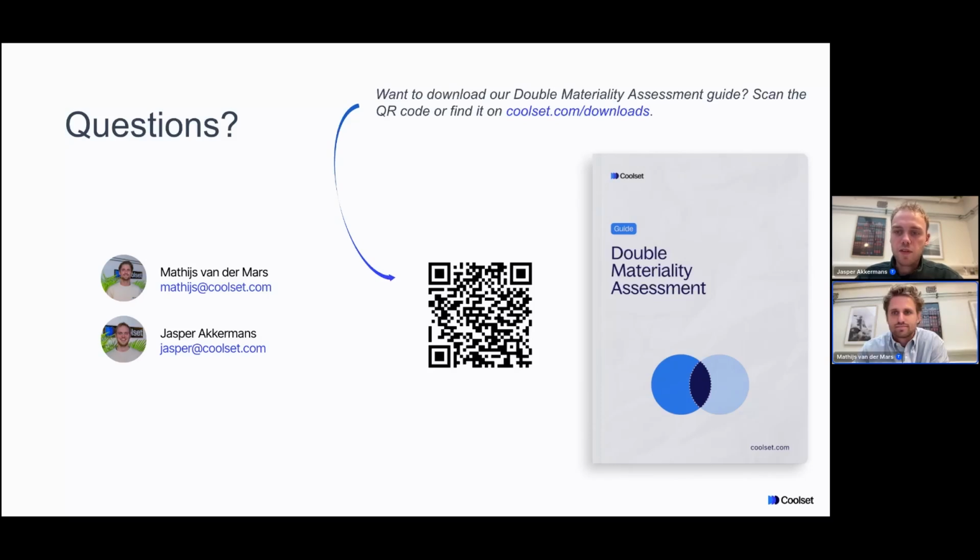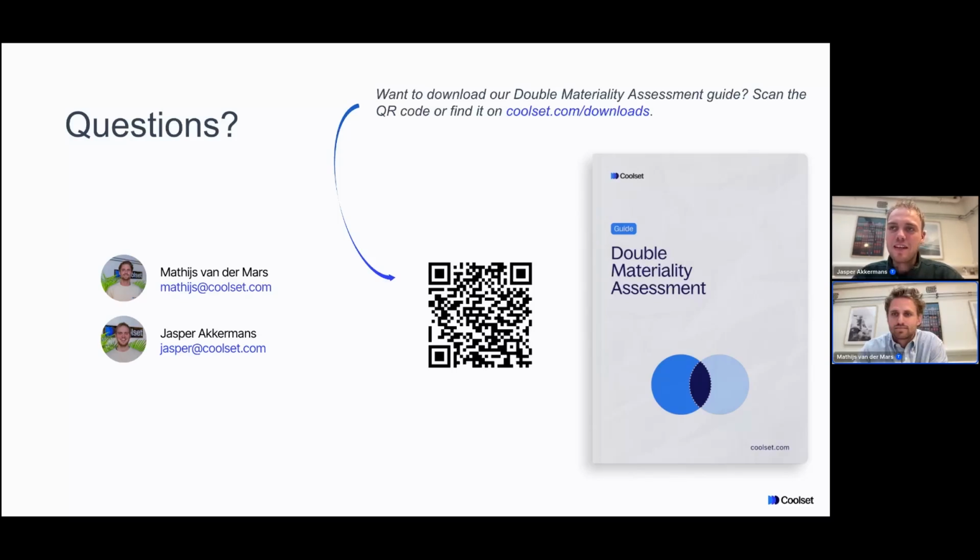Question from Anna: Do we do double materiality analysis at the level of general topics or subtopics? If subtopics, then I understand that not all subtopics are automatically relevant. Good question as well. At Coolset, we work basically with subtopics, so that you're always aware of what subtopics could be included. It depends on your long list as well. First you look at these IROs and you say, well, these subtopics are definitely relevant. So you do not have to include all subtopics in your analysis. I hope it makes sense with the amount of times I'm saying subtopics.